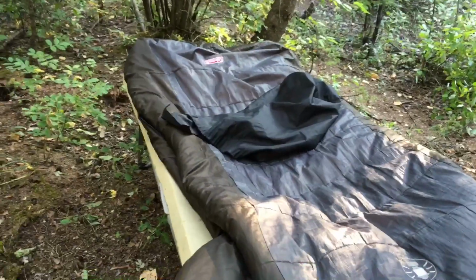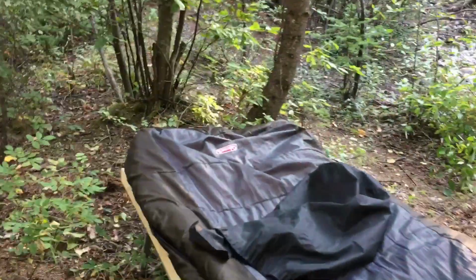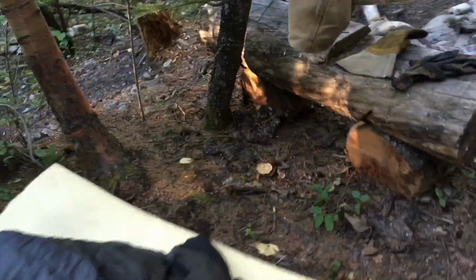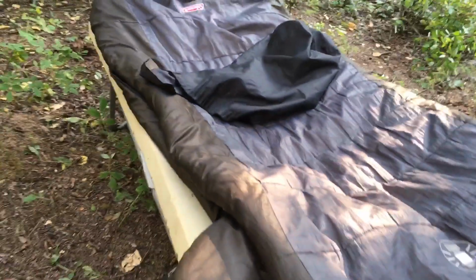I think the cost of this thing when I bought it was $89 Canadian. But that was about three years ago, maybe 4 now. I'll be able to find the date when I go back and look on my Amazon account. But they're over $100 Canadian now. So I don't know what that'll be in US, probably right around the $100 range. So if you want a good sleeping bag, you don't want to pay millions of dollars, and most importantly,